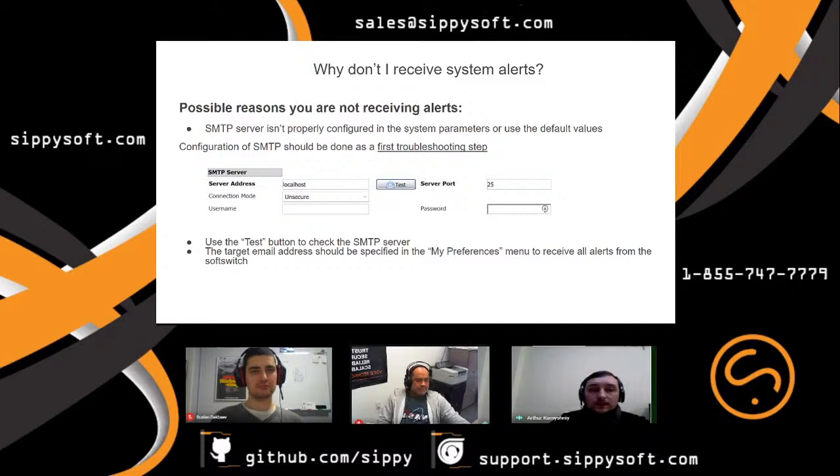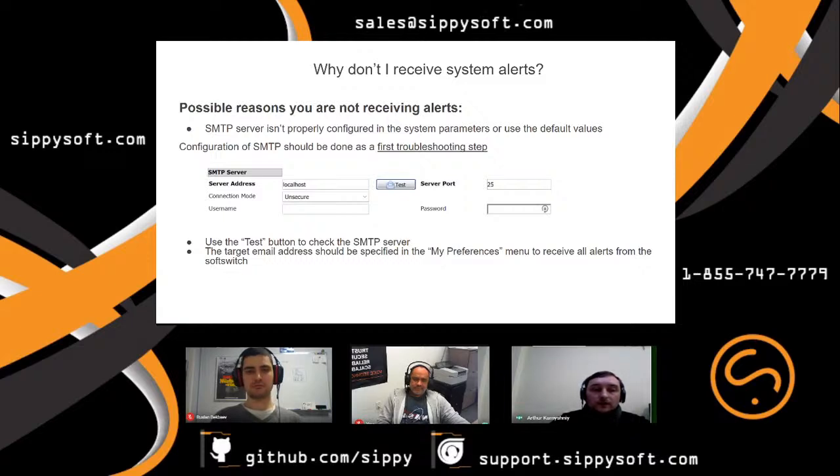What should be the next step in the troubleshooting? The next step, the switch operator should open the system parameters page in the main menu, and find the SMTP server section on that page.